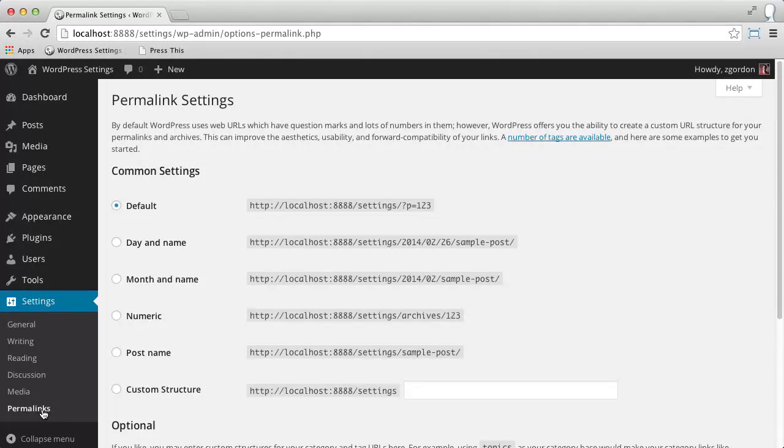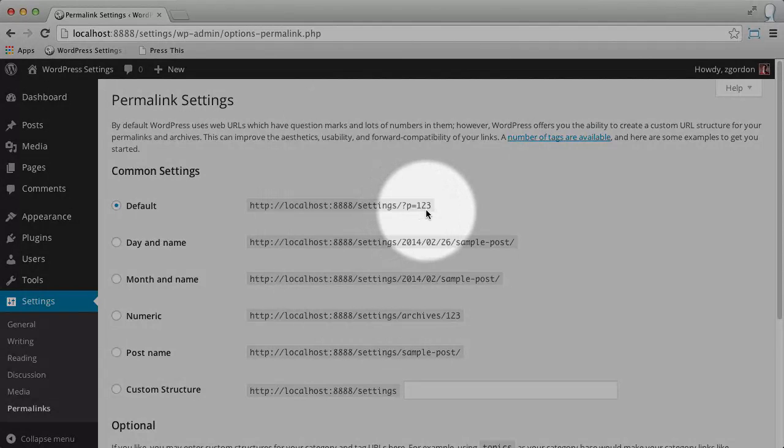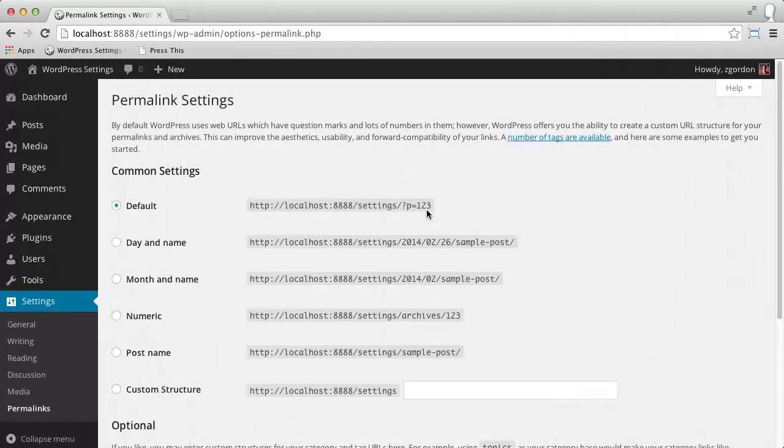The last major default settings section are permalinks. Permalinks determine what your URLs on your site look like. By default, permalinks are set up to be your site URL ?p=123. If you've done a little bit of PHP work, you could see that this is using a GET format for the URL, where the URL gives WordPress the ID, and then WordPress does all the rest of the work